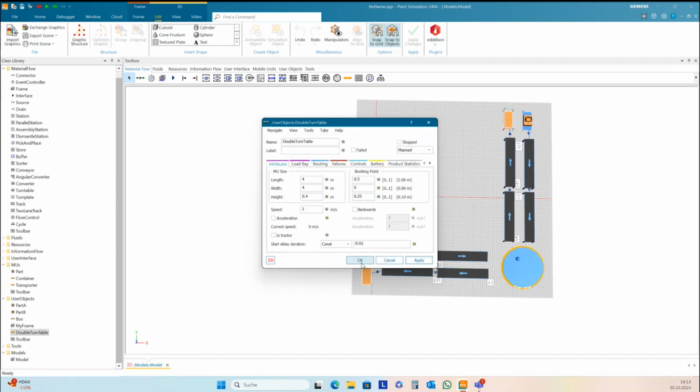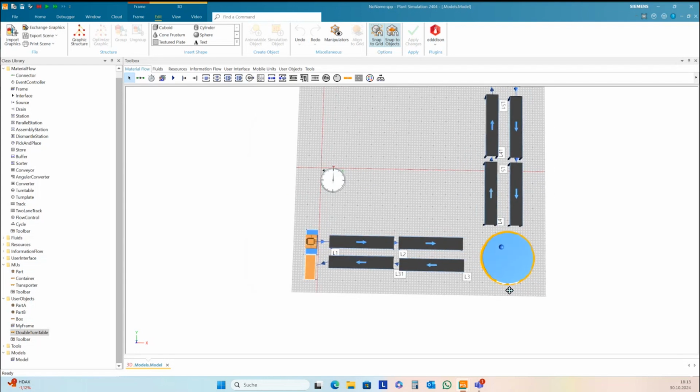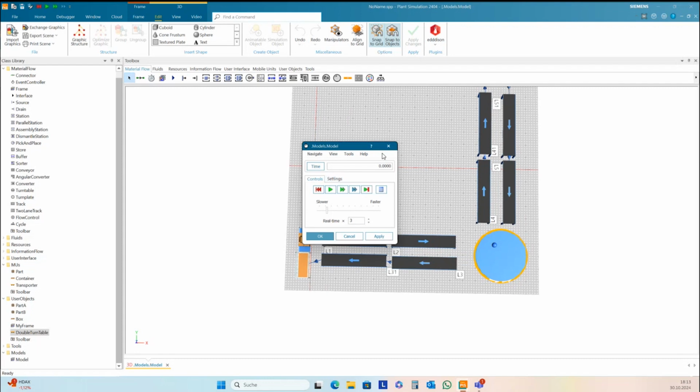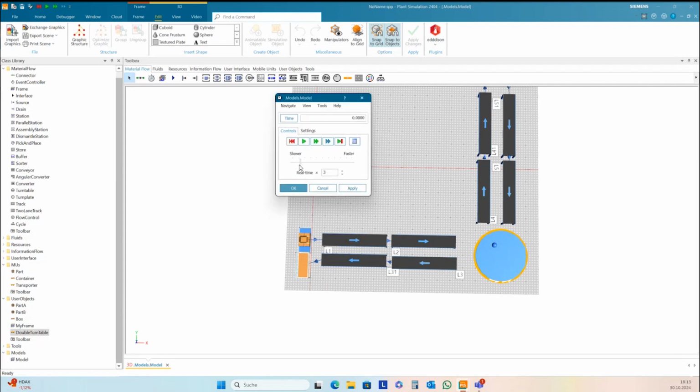And then it should fit on our track here. If you now start the simulation, then you see it's rotating. In this way, you can create your own rotating elements.